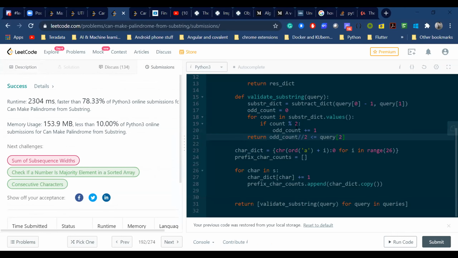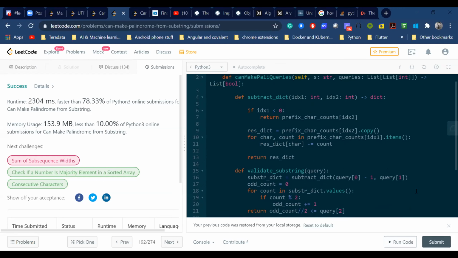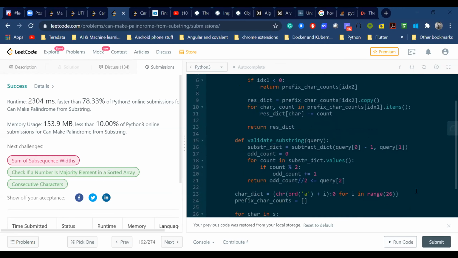So you got 78%. That's good. I'm returning the count less than or equal to this k value. That will be true or false. That's how I construct this result list and return it. This is good, because initializing a value to -1 or something is very different. Usually you initialize it to 0, but we are used to it.